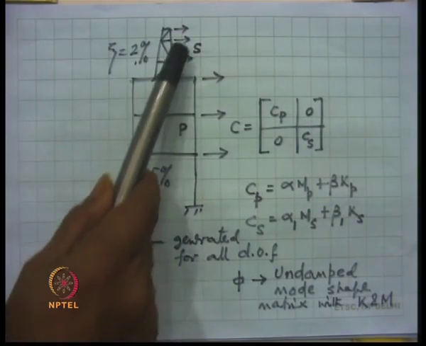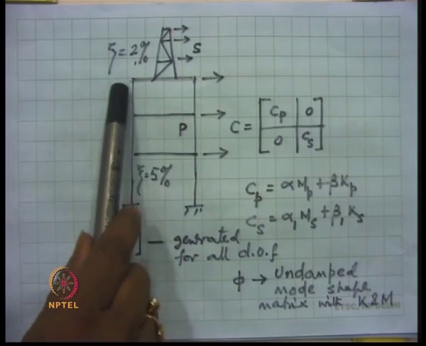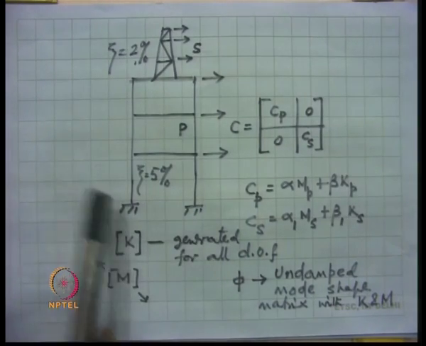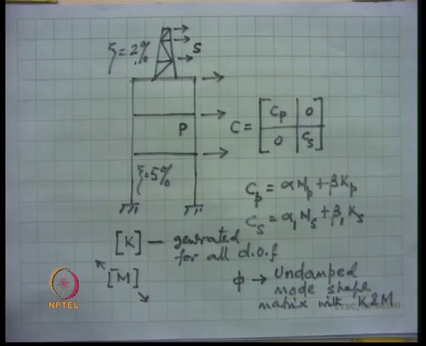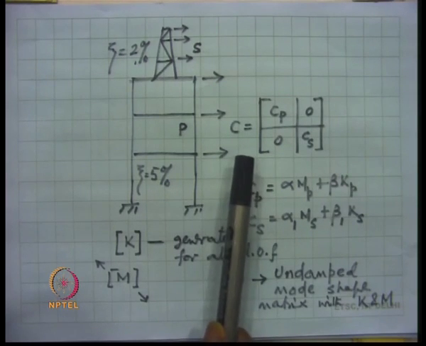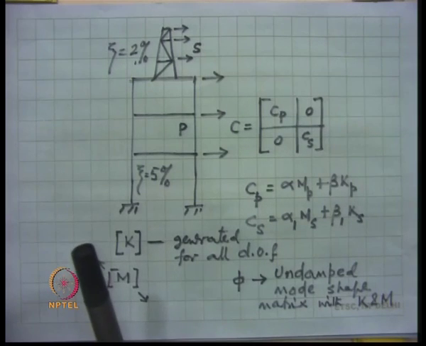Then this tower may be made of steel, this building is made of concrete, both of them have different damping. So, the construction of the C matrix for the composite system is to be